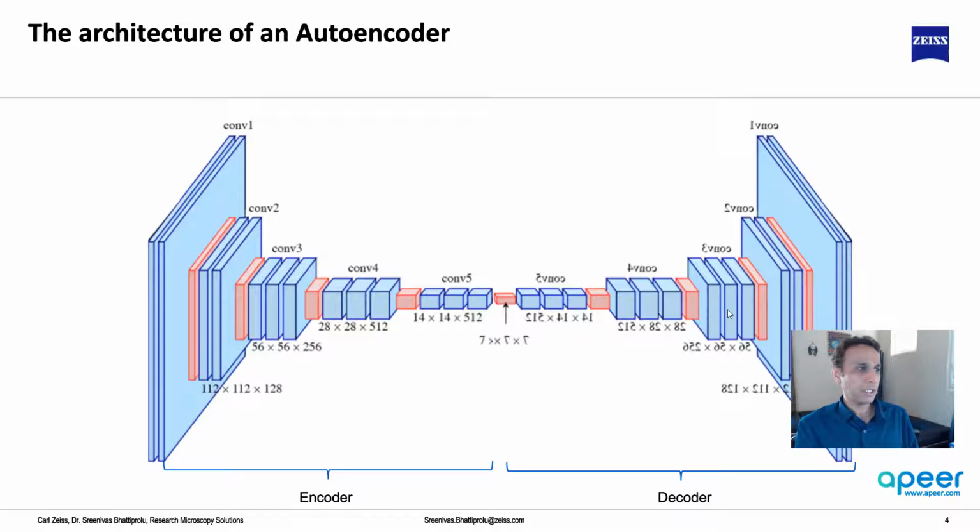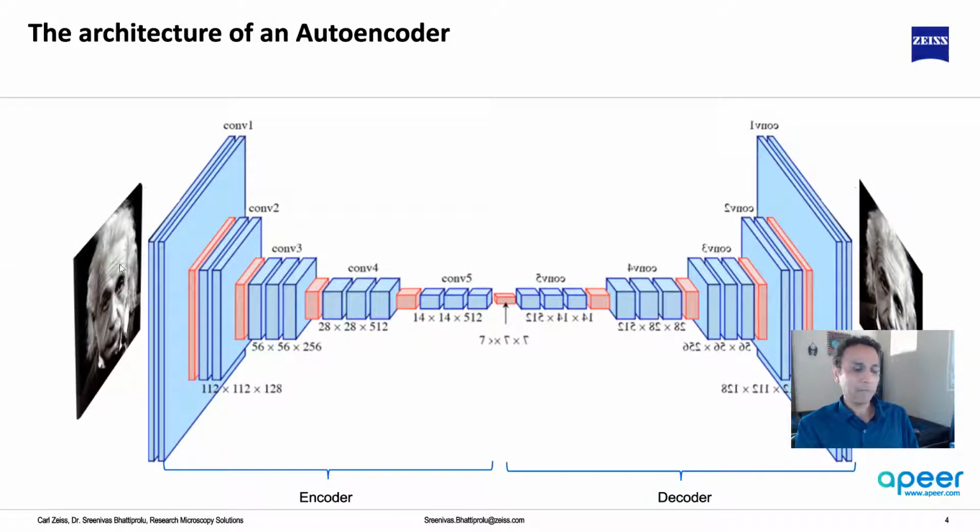I mean, first of all, what does it do? Well, you supply an Einstein image as an input, and it reconstructs an Einstein image. What good is that if it does exactly the same thing? There are many applications. One you can think of,